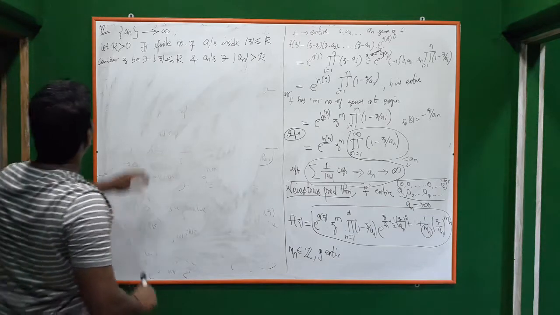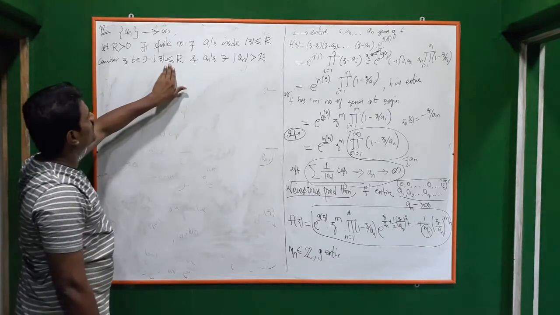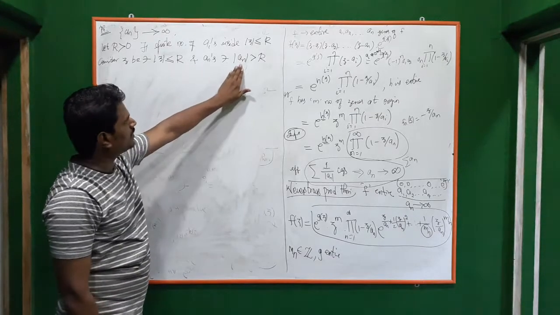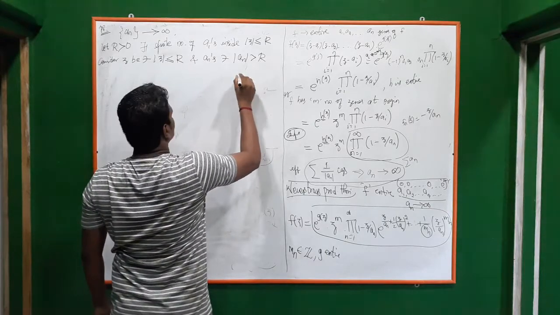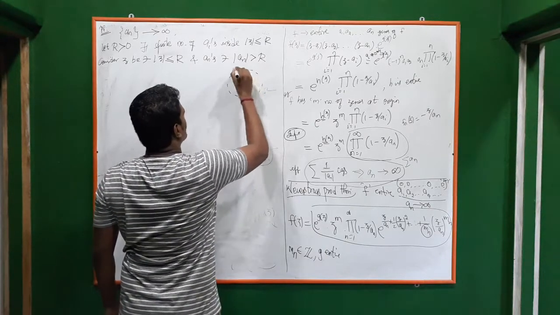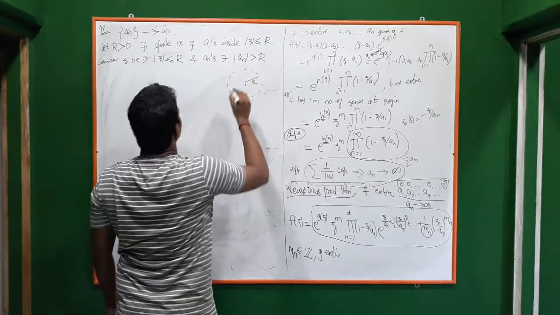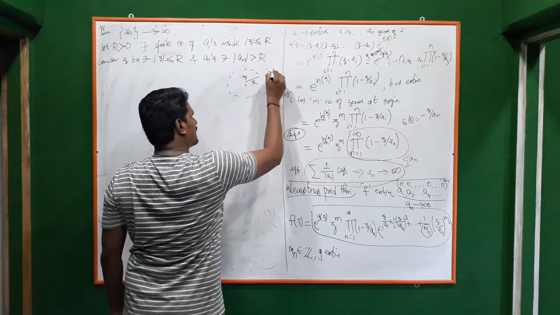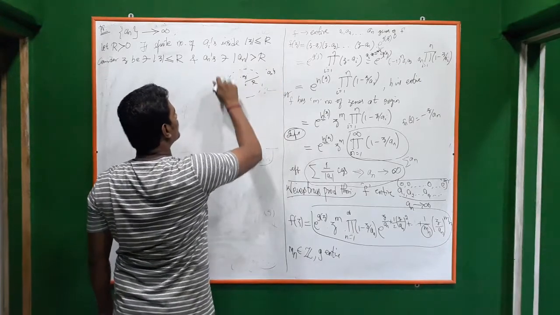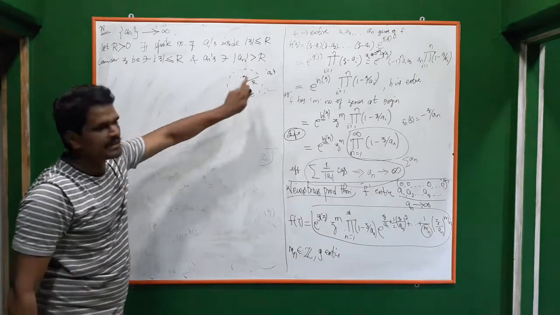Consider z to be a complex number such that |z| ≤ R. Inside, we are taking z; outside, we are taking a_n. That's all. So we have some neighborhood around 0 of radius R. Inside we are taking z, and outside we are taking all the a_n which lie outside this neighborhood.